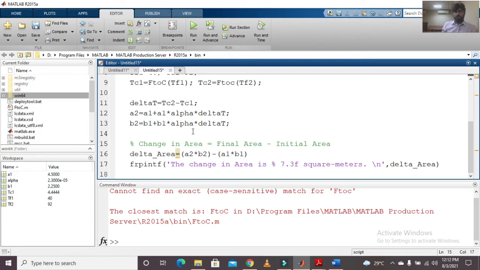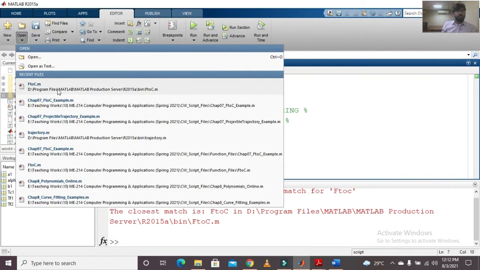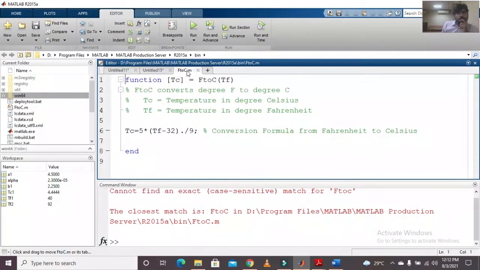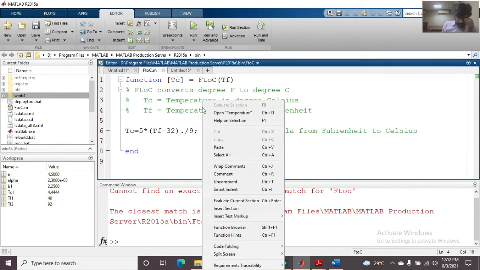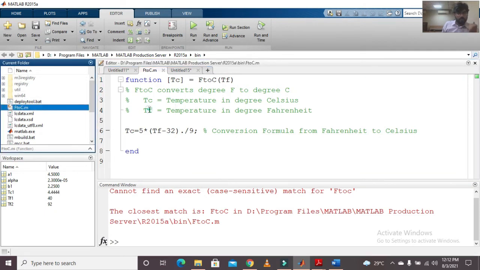So it is basically giving an error that this file does not exist in the folder, otherwise it is existing, you can see over here.